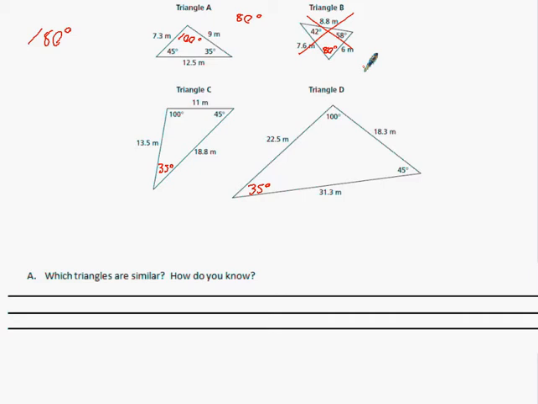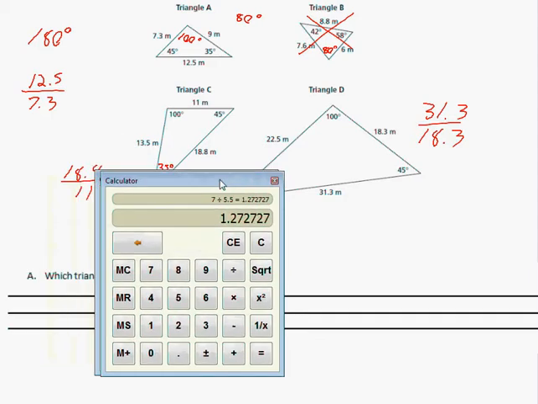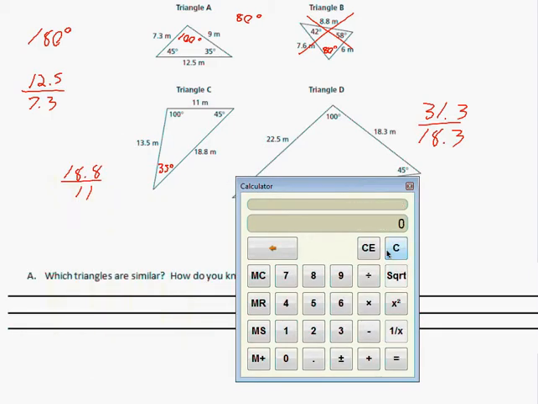So triangle A, I'm going to put the long side on top, short side on bottom. C, long side on top, short side on bottom. And D, long side on top, short side on bottom. And I'm going to go ahead and use a calculator because these decimals are pretty mean. So, first one,